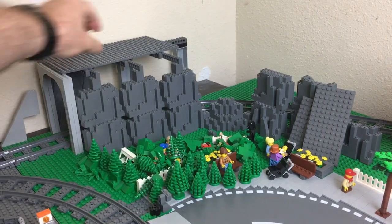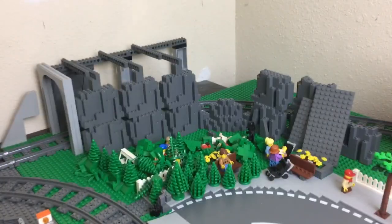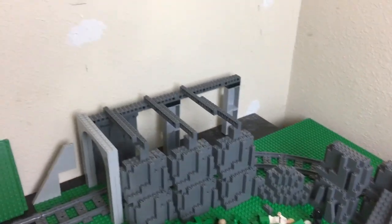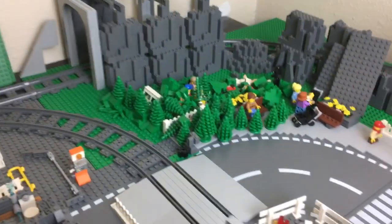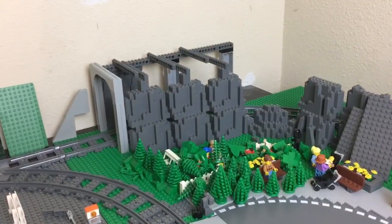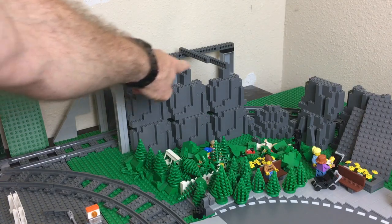And actually, if I take off these top pieces, you can kind of see, actually, let me get the camera zoomed in a little bit there too. You can actually see them in the background there. So that's how I support the rear. And then across the top, you'll see what I'm doing for support beams is I'm using